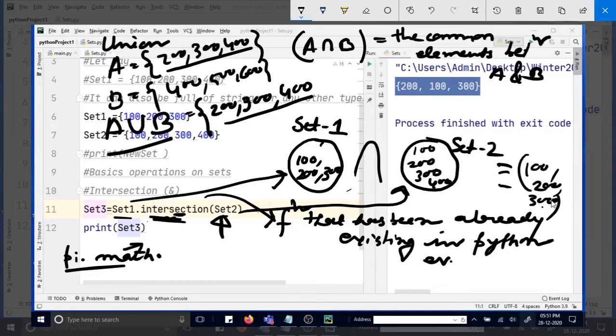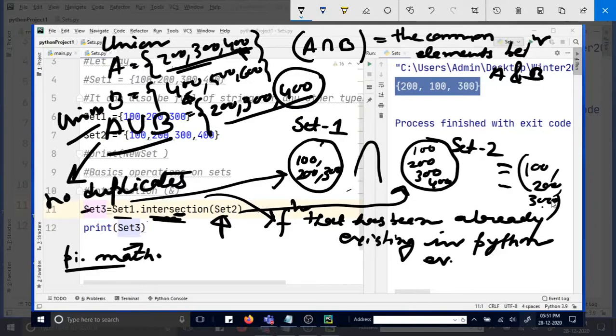In case of union, everything from this set will come, and then from set B, whichever is extra, you have to add that too. You have already added 400, so 400 you should not take from here because it is already there. So you remember in set, no duplicates.